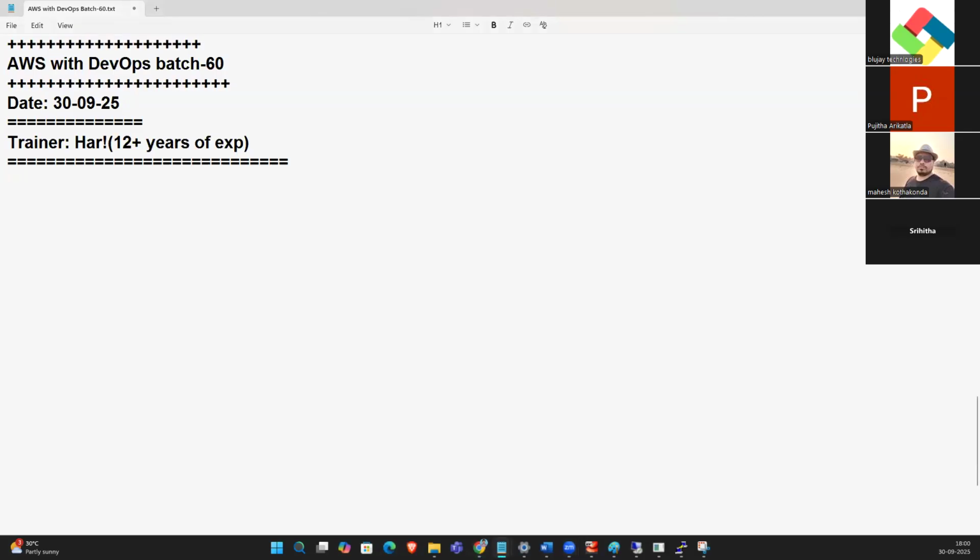So what are we discussing today? We are discussing the basic Linux commands. So what are those, guys? Basic Linux commands. For example, the first command is